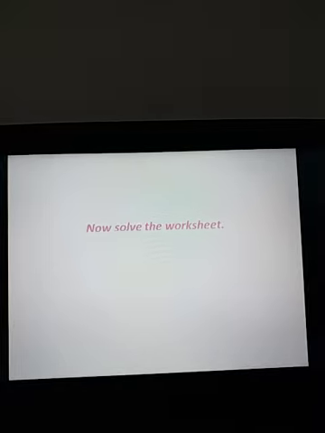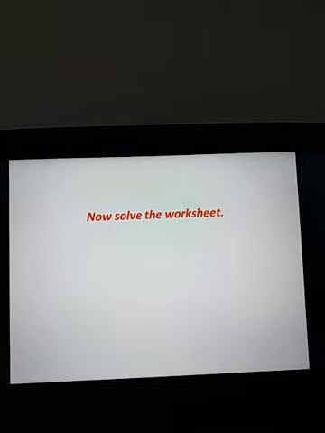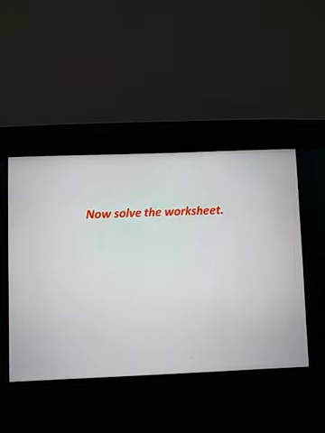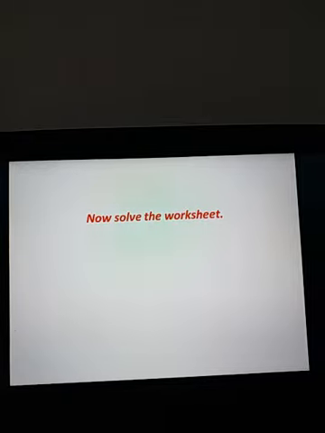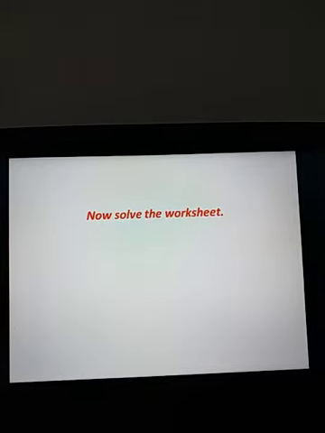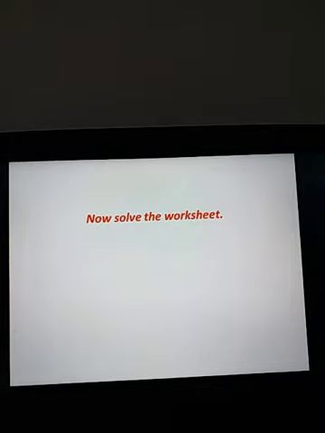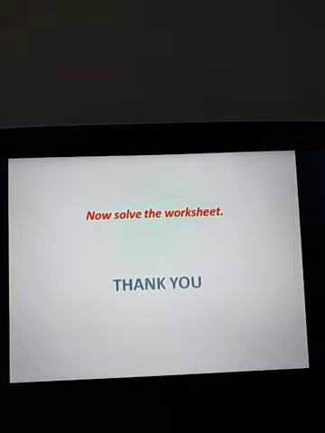So, with this we come to the end of today's lesson. I hope all of you are now clear with all the four kinds of sentences that we have learned so far. Yes? Now, after you have watched the video, remember to solve the worksheet. In the worksheet, you will have to identify the different kinds of sentences. Solve the worksheet so that you are sure that you have understood the lesson. Right, children? So, thank you for today.